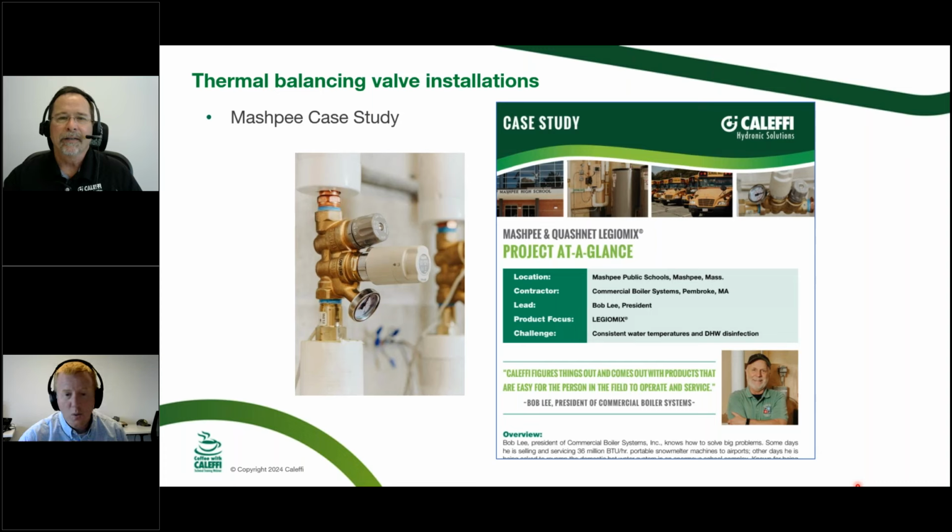And this was actually one case study, a high school in the New England area. They were not only using thermal balancing valves, but you can see there they were also using the actuators on the bypass cartridge. So they were doing thermal disinfection in this particular building. They were doing it once a week. I think it was on Saturdays, if I remember correctly, and getting it all set up between the thermal balancing valves as well as an electronic mixing valve to go along with it, which was a